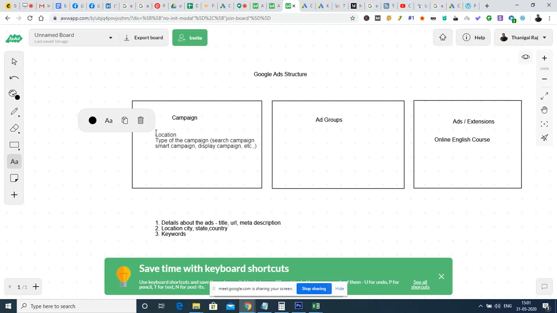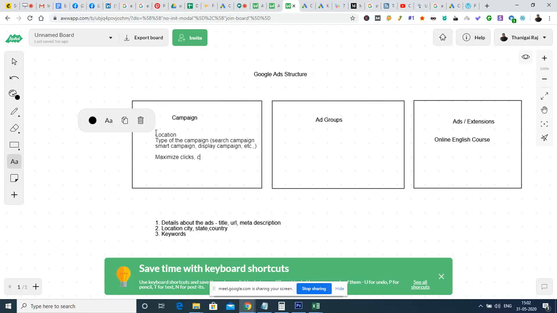And apart from this, we will be configuring the location, and what is the bidding strategy that we are going to use will be configured in this campaign. For an example, maximize clicks. This is one algorithm.